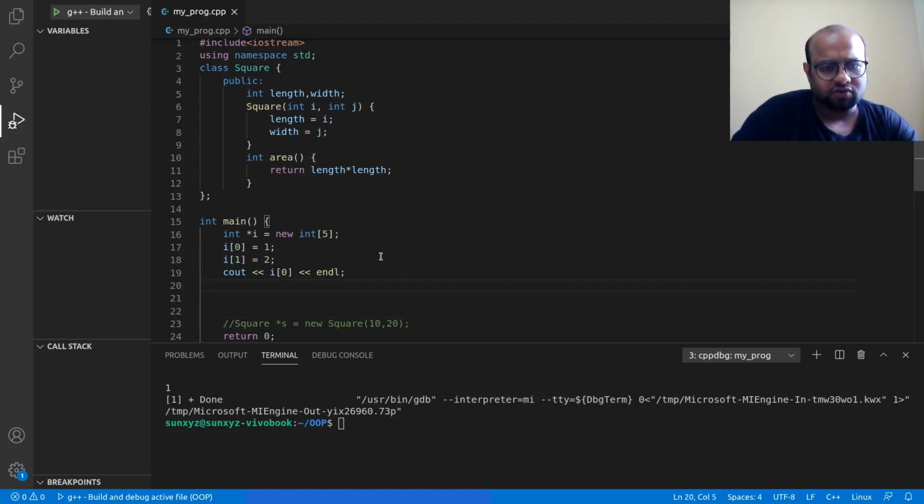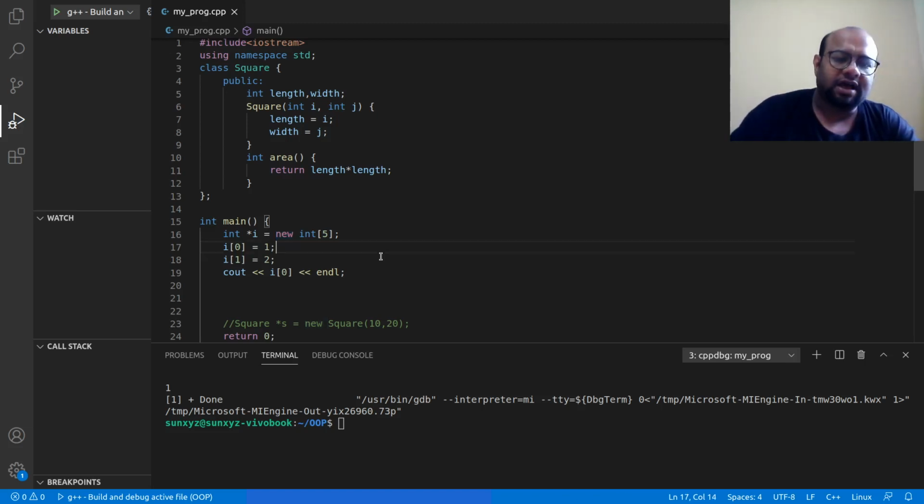So once again, point to note here is this function malloc returns a pointer. We cast it into the data type that we want, but it returns a pointer. Similarly, here this keyword new returns a pointer. Okay, point to be noted. And this new allocates memory in the heap.